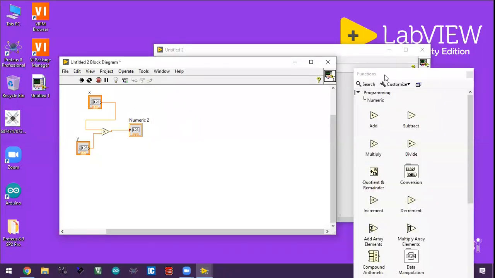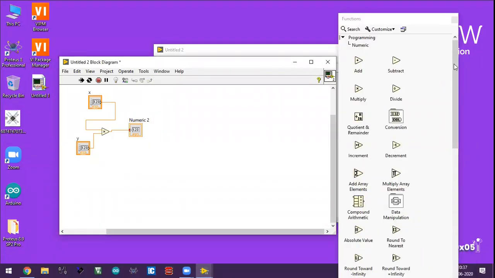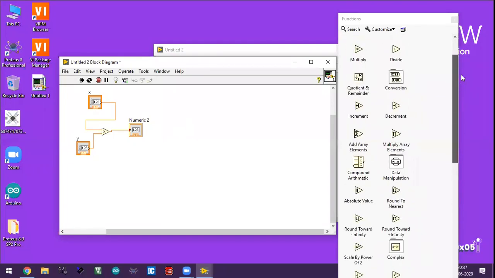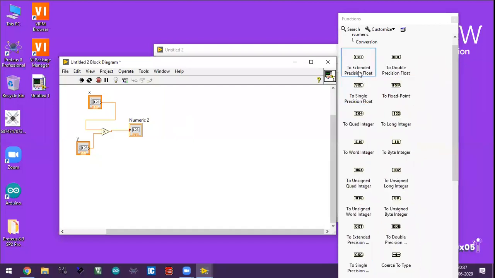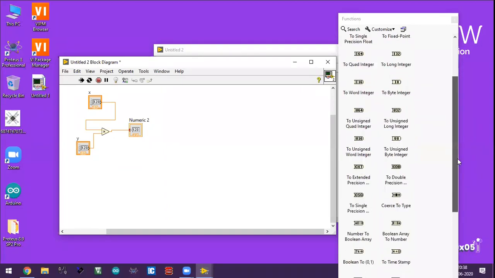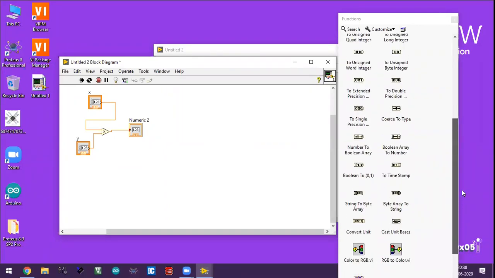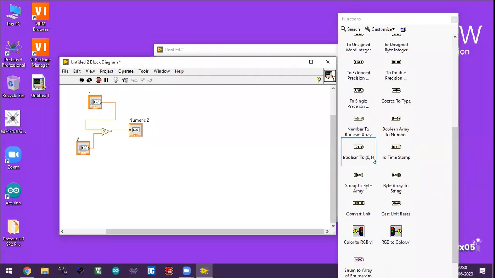So these are all the numeric related mathematical functions. You can go for add, subtract, multiply, divide, quotient and remainder. There are conversions also. You can convert the value to extended precision float values, single precision float values, long integer, and so many conversions are there. You can convert it to unit numbers, Boolean arrays, 0 to 1s, byte arrays.